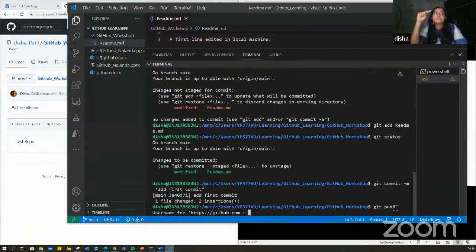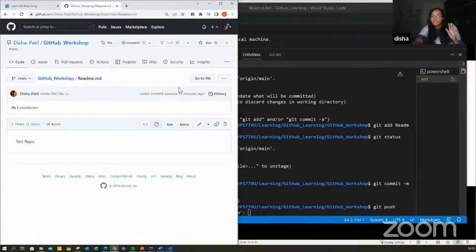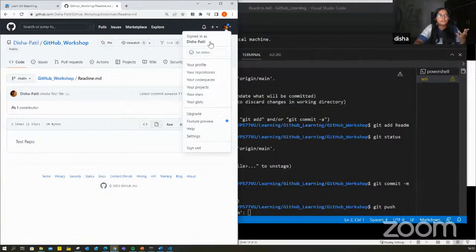Now it is asking me कि push कहाँ पे करूँ? Do you have access to that online repository? Otherwise anybody will push to anything. So I need to give the username of my GitHub. So मेरे GitHub का username, how do I find it? So this also becomes tricky. अगर आप पहली बार GitHub पे account खोल रहे हो तो username क्या है यार? username मैं कहाँ पे ढूंढूं? Go to your top right corner जहाँ पे आपका profile photo अगर आपने डाला होगा तो है. Whatever you're signed in as, this is your username.